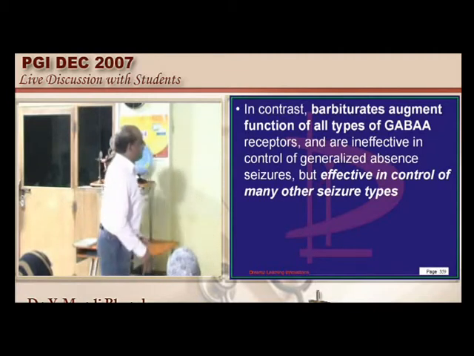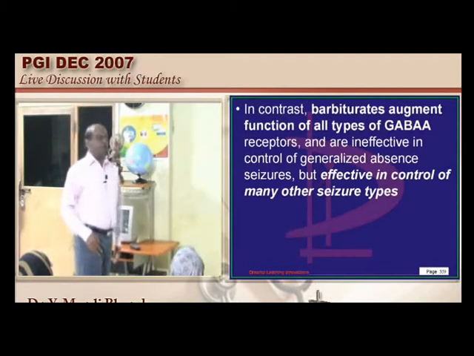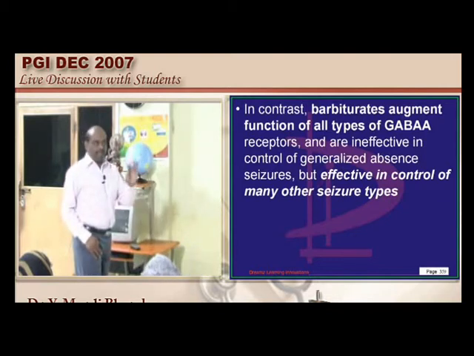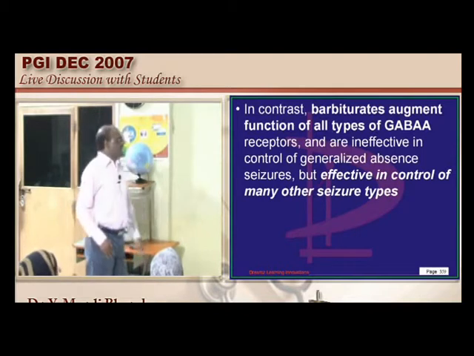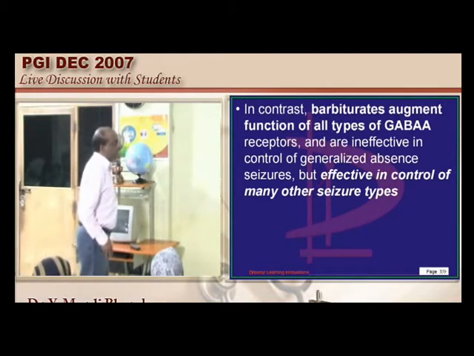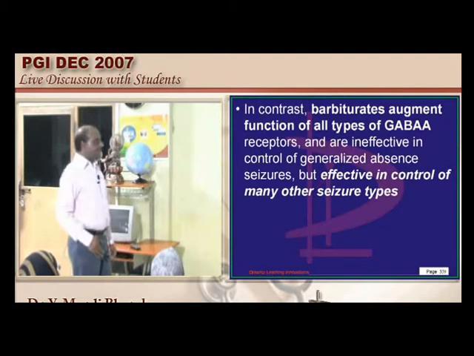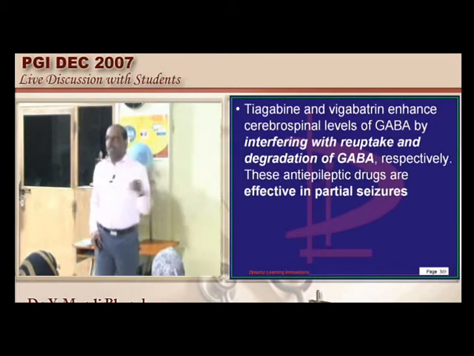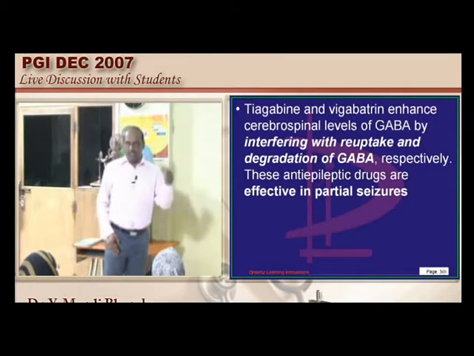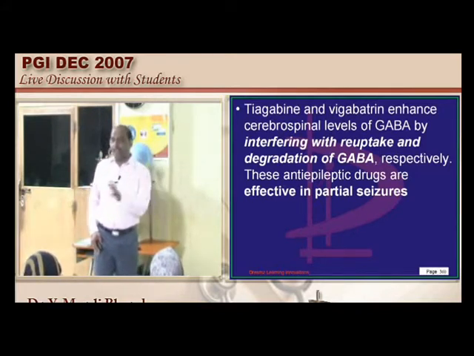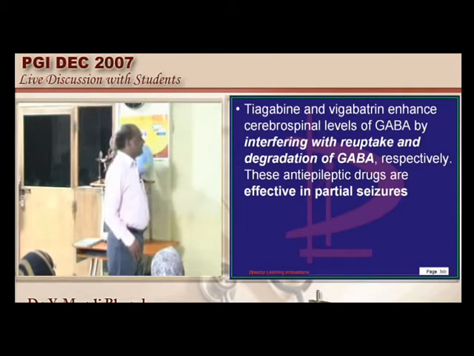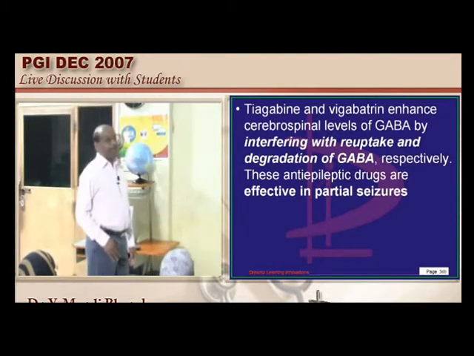There is a reason number two also. Benzodiazepines like diazepam are highly selective for one subset of the GABA receptor called the GABA A receptor. Whereas such a selectivity is not there in the case of the barbiturates. And that selectivity is very, very important, especially for blocking the generalized absence seizures. So barbiturates are incapable of stopping the generalized absence seizures, whereas benzodiazepines, diazepam like drugs, which are very specific for the GABA A, are much more effective, is what you need to remember.